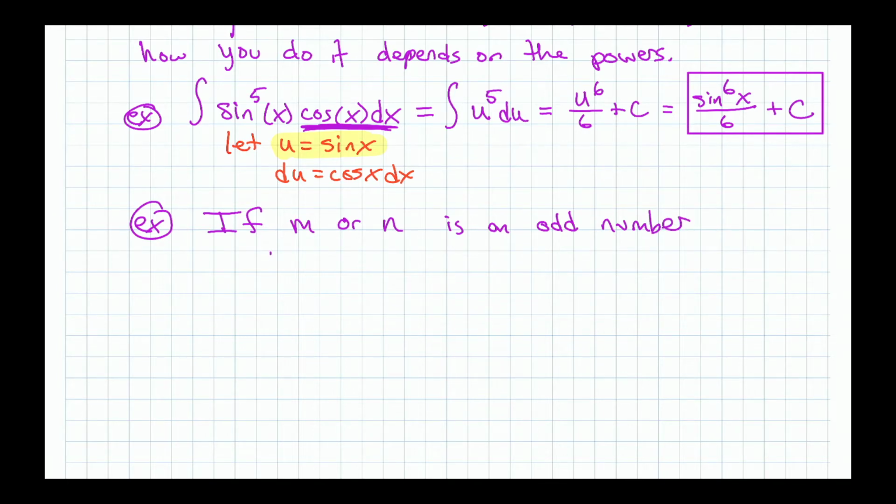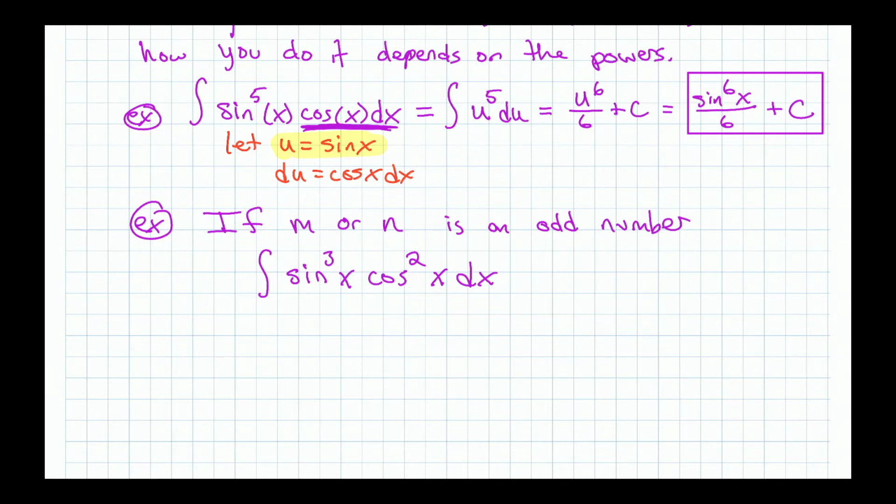So this is our example. We're doing an example one. So let's just say sine to the third x cosine squared x dx. Okay, now we wouldn't be able to do this kind of substitution that we did above on this one,